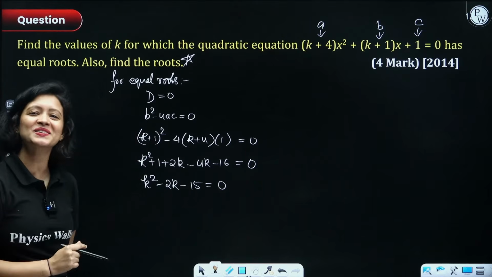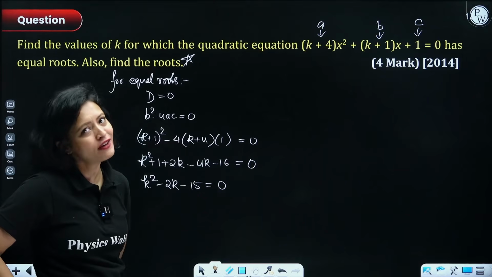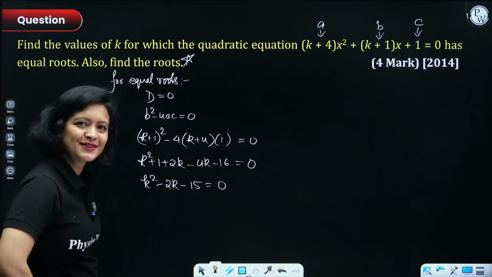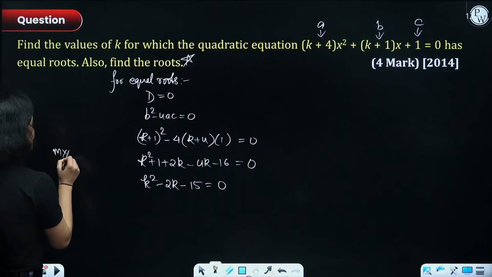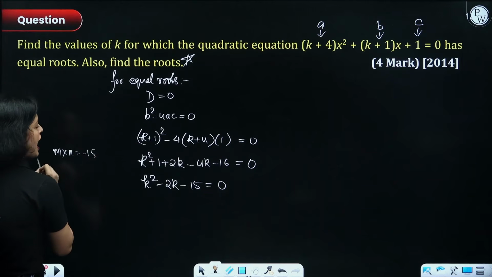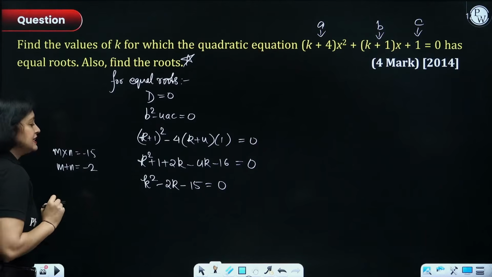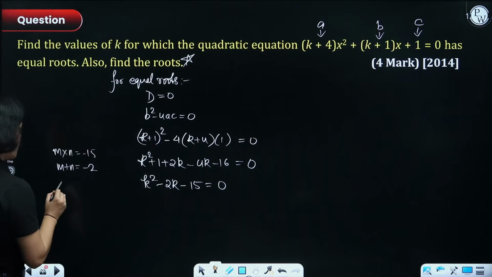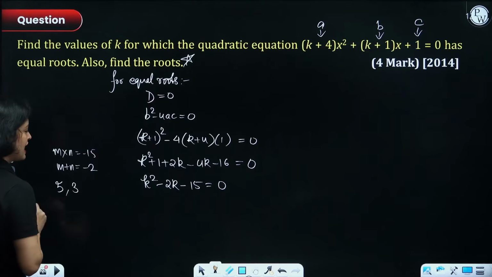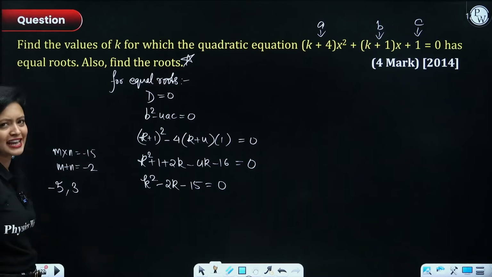Now this here is what? This has become a quadratic equation in terms of k, and you have to solve it. So let's use splitting the middle term, right? So think about it. Two numbers, guys, whose product is negative 15, and whose sum gives us negative 2. Okay, so that means one number is positive, one is negative, clearly. So think about it. What about 5 and 3? If I do negative 5 plus 3, I'll get negative 2, and negative 5 into 3 is negative 15.